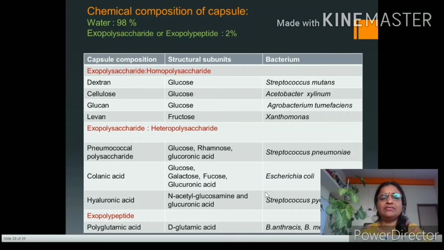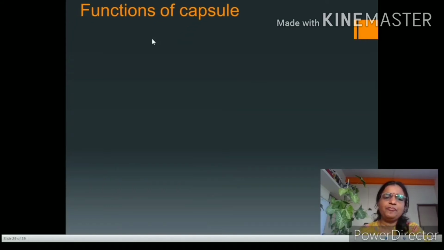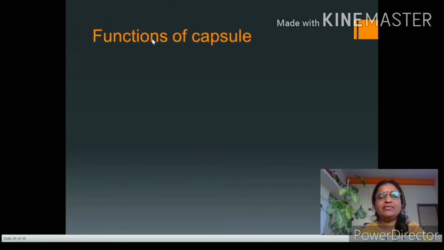Now let us see which functions are performed by this capsule. As I told, capsules are slimy, mucilaginous, viscous coverings. Because of the presence of capsules, cells become slimy or slippery, and at the same time the capsule consists of a large amount of water in its composition. Because of these two factors, the capsule performs different functions. Now the main function of the capsule